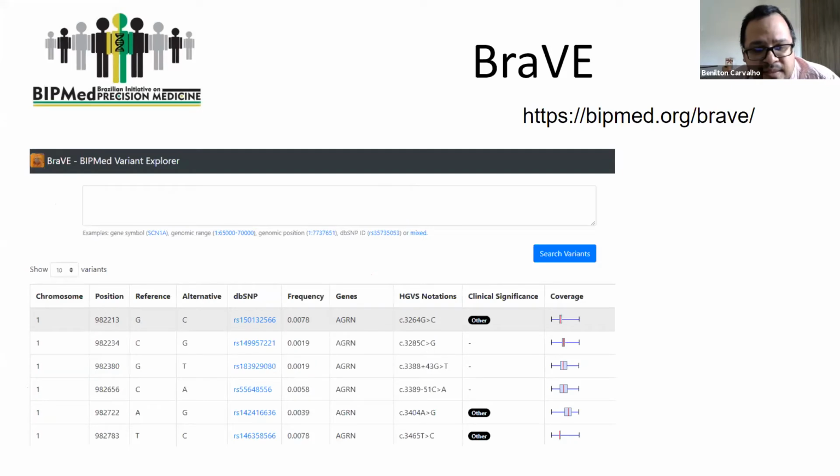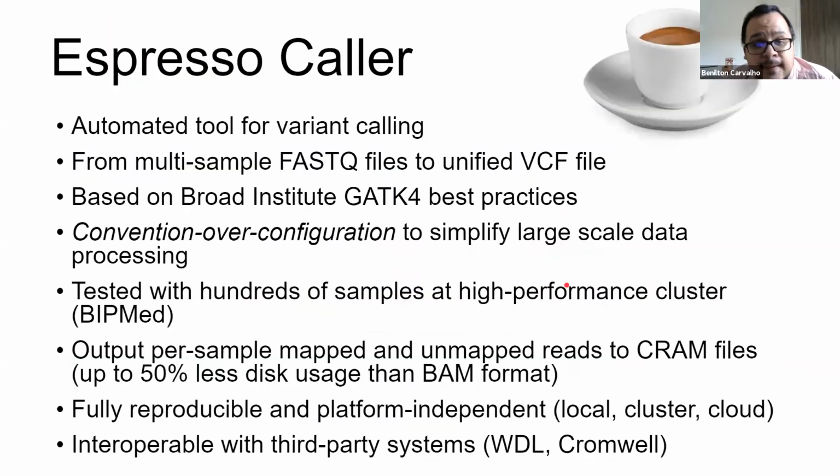Now, this is the visual interface that the browser has. So different types of queries can be placed there, and we could get the results, and we would have some statistics on clinical significance and also on coverage for those particular samples. And later on, what we started looking at is actually the need of a better strategy to do genotype calling on our samples using GA4GH